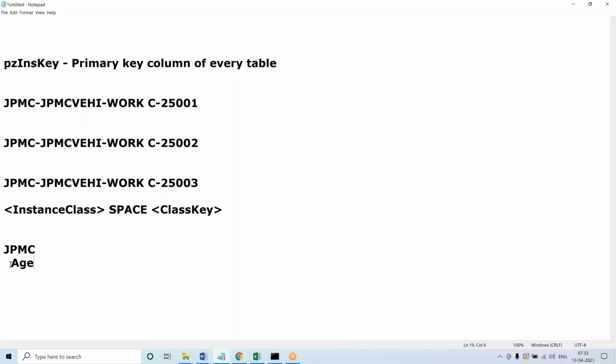In the case of rules, the class key value is the rule name itself. Everyone clear with this point? In the case of rules, the class key value is what? The rule name itself.